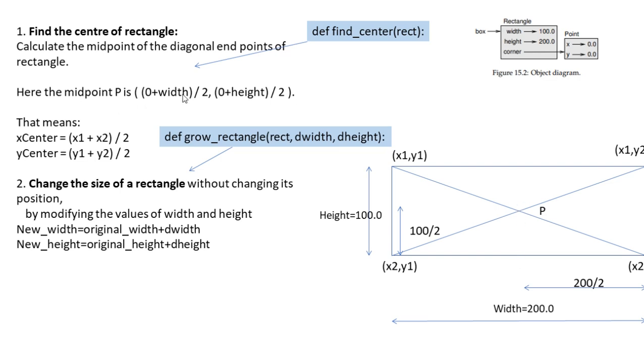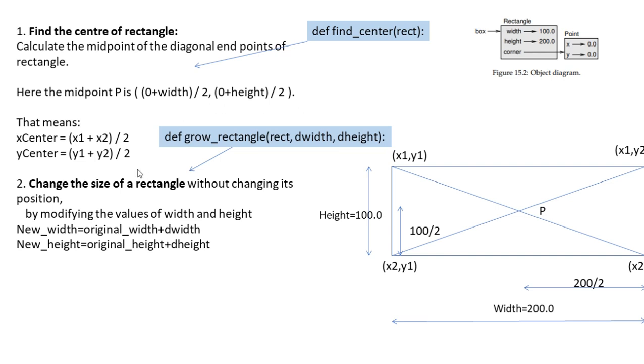So this is the formula: 0 plus width divided by 2, and 0 plus height divided by 2. Basically we are dividing width by 2 and height by 2. We also have another logic. Suppose we know all the 4 coordinates of the rectangle, then we can use the coordinates: x1 plus x2 divided by 2, y1 plus y2 divided by 2. So we can find the midpoint if we know all the 4 coordinates of the rectangle, or we can find the midpoint if we only know the width and height. In this program we'll be using the width and height inputs to find the midpoint